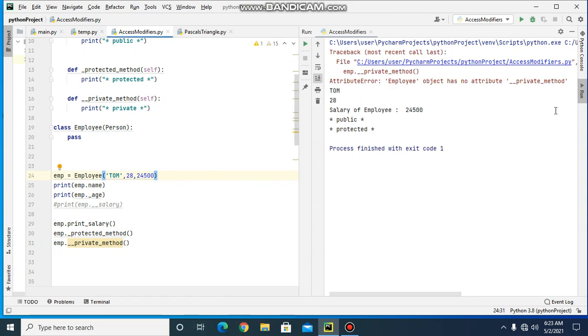So it has thrown an attribute error. So we are not able to access the private method from outside the class.